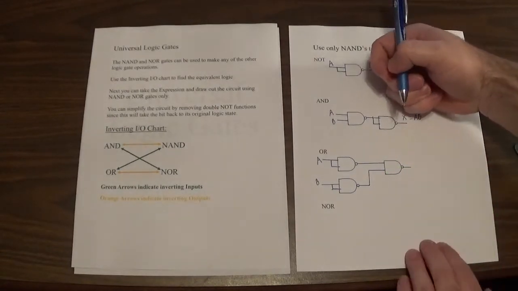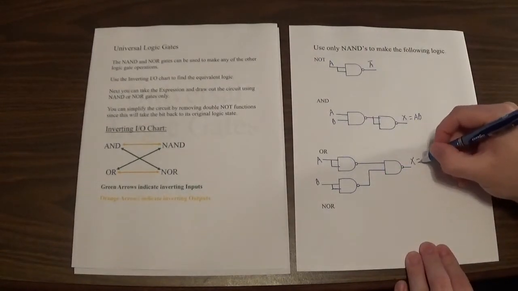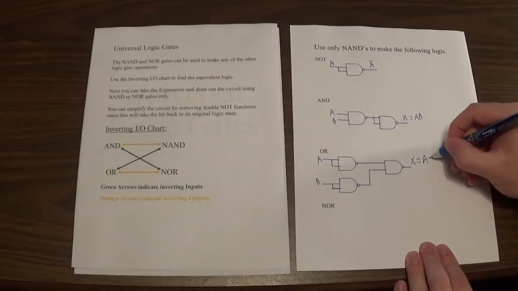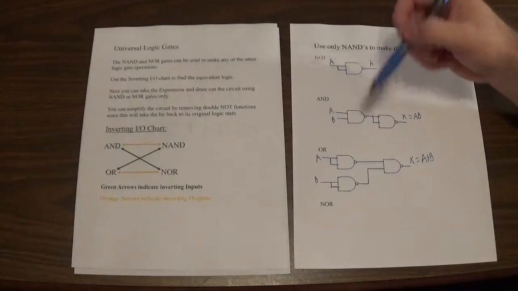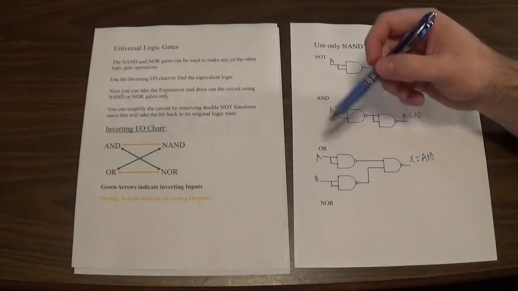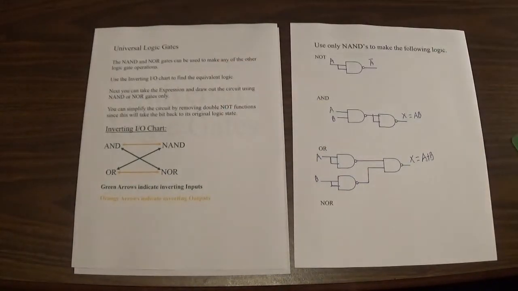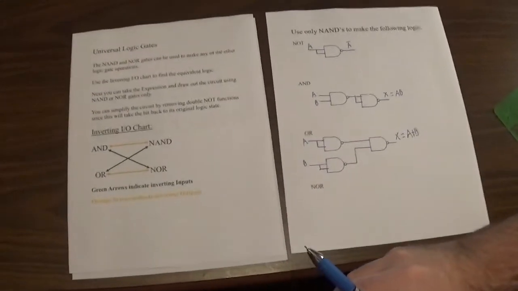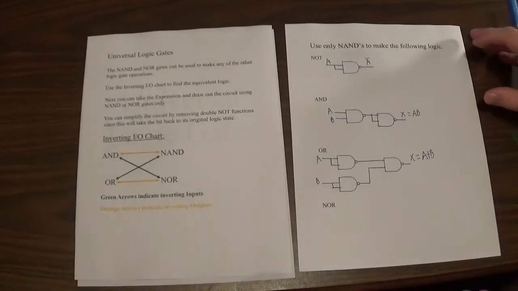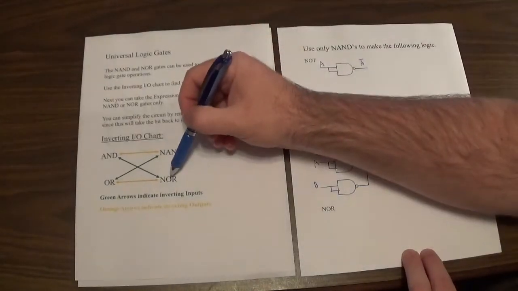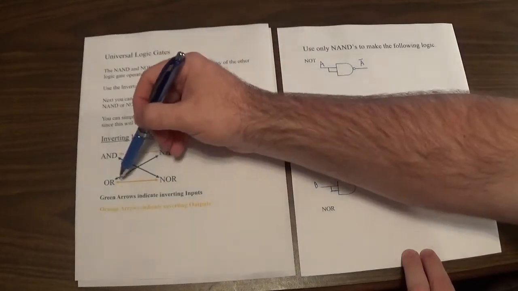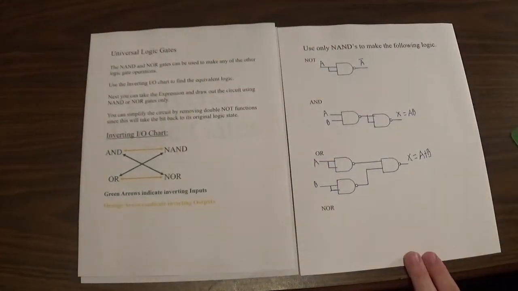And that will give me my OR function. So that will give me A plus B. Okay, so again, this is my inverting function. So if I invert the inputs to a NAND, that will give me the equivalent of an OR function. Okay, so now the NOR. So if I have a NAND and want a NOR function, I've got to invert the inputs and the output